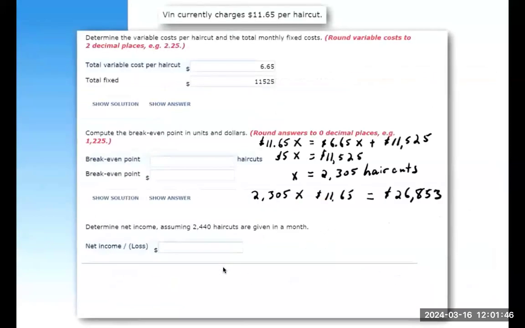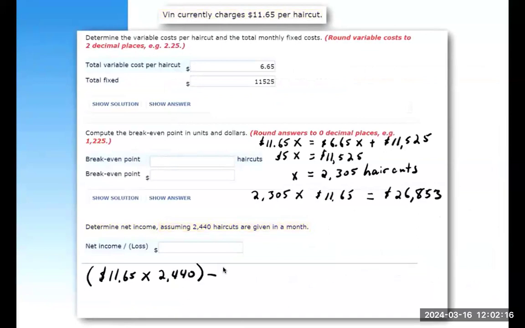The next part of this problem asks us to compute the net income, assuming that there are 2,440 haircuts given in a month. So to solve for net income, we will take the selling price of $11.65 times the number of haircuts that we're assuming, which is 2,440,